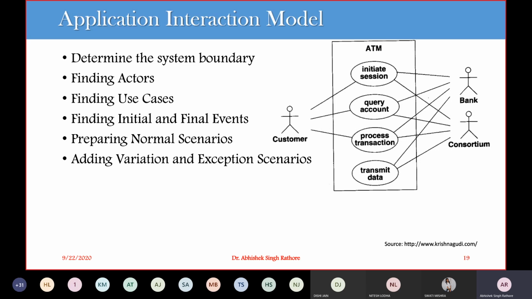Again, taking an example, we go to process transaction. The initial event is that the customer initiates the transaction. So मैंने मेरा transaction start करा. Let's say मेरे को पैसा निकालना ही है. So I am entering my amount. मेरे को amount कितना निकालना है, let's say मेरे को 5,000 निकालना है तो 5,000 डाल दिया. Then we have two final events. So what is the final event? Either we can commit or we can abort our transaction.